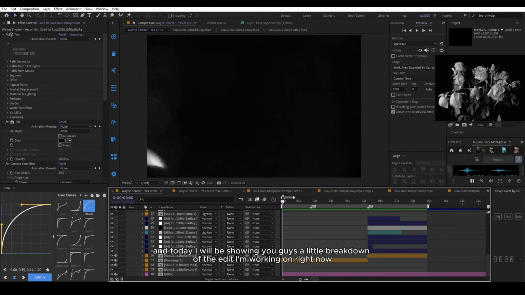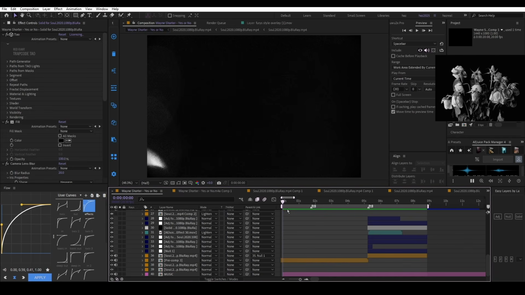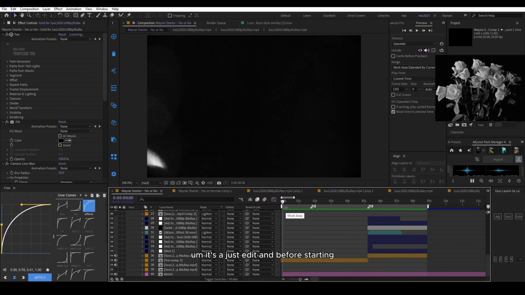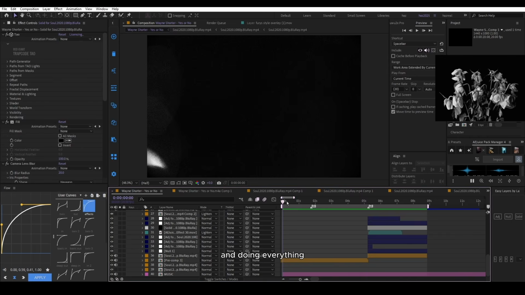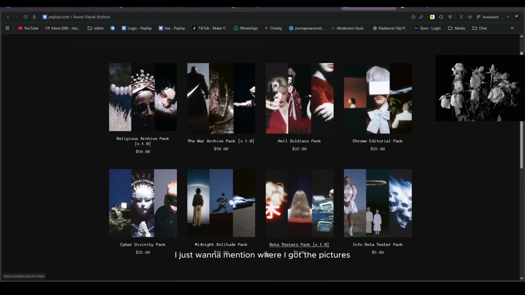Hey guys, it's Has, and today I will be showing you guys a little breakdown of the area I'm working on right now. Before starting and doing everything, I just want to mention where I got